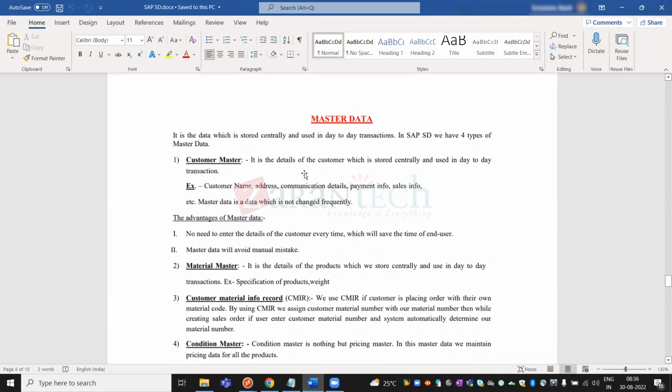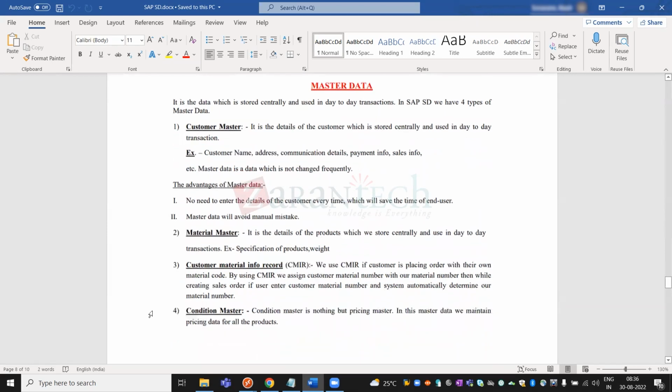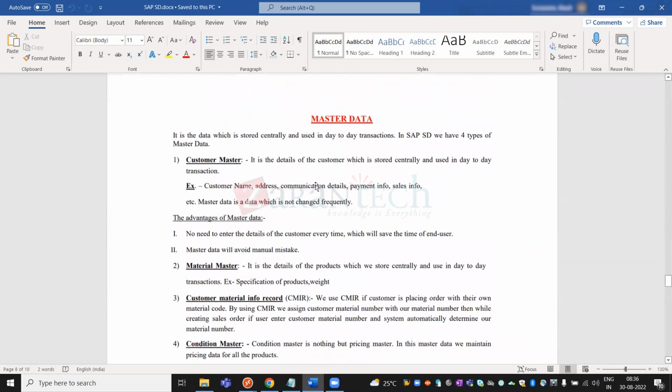There are different master data, like customer master data, material master data, customer material info record, and condition master data. Okay, so what is master data basically? Suppose you enter a certain customer while creating an order, when you enter a certain sold-to party or ship-to party